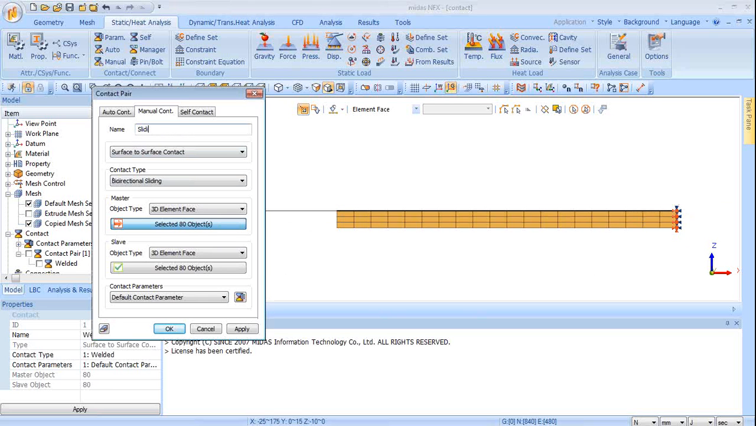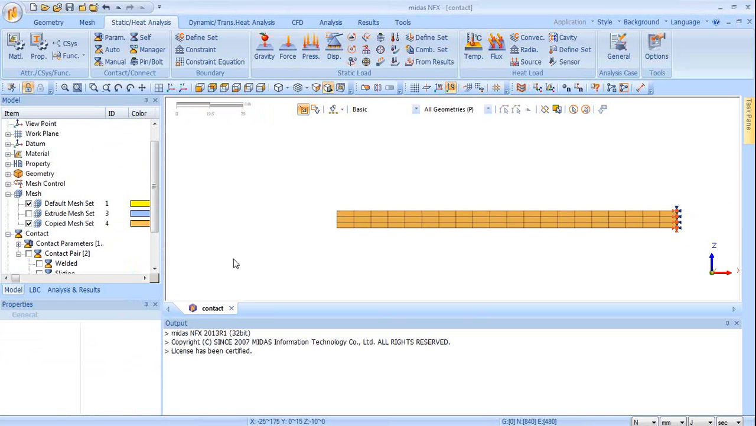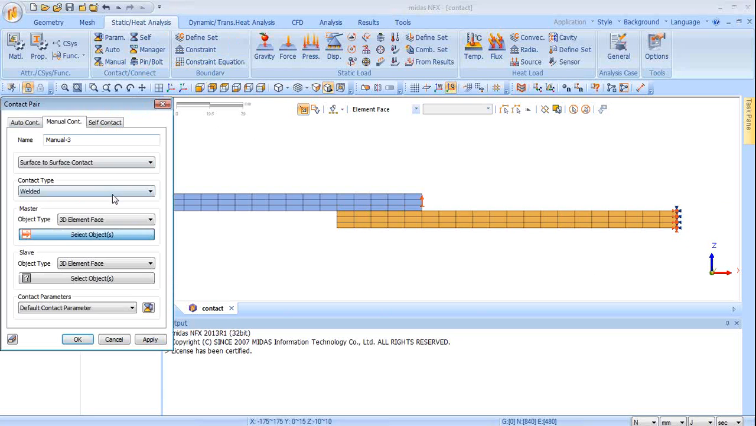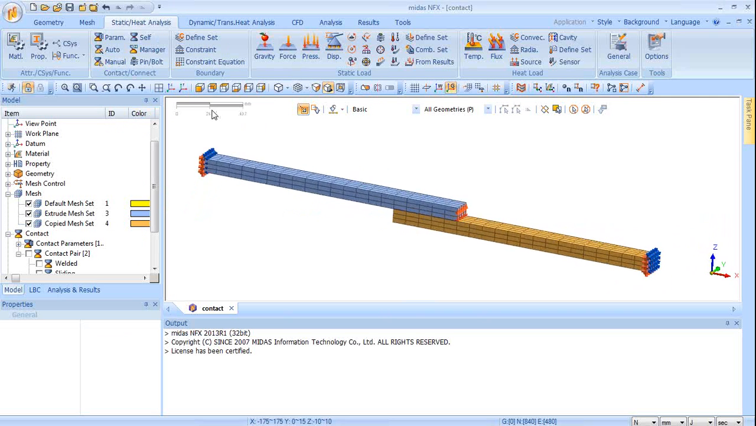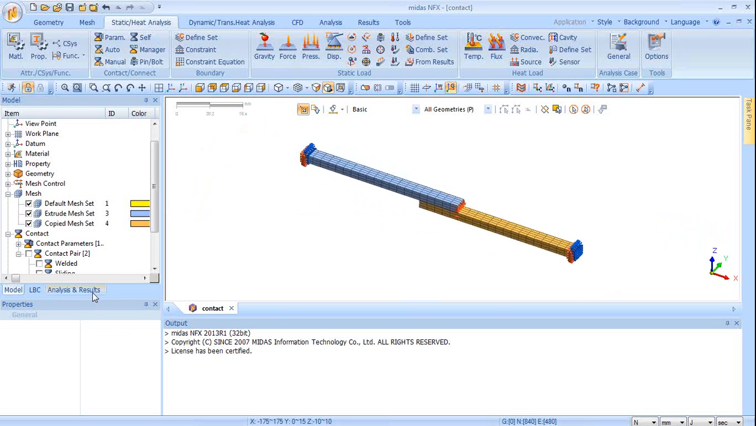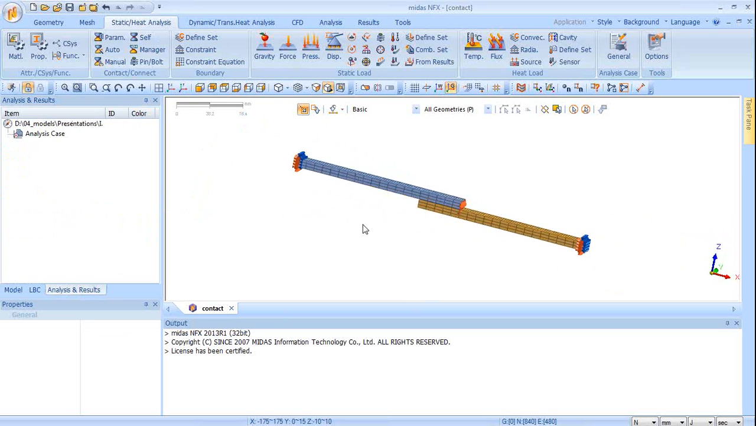Let's name this as sliding and click on OK. Now the third contact type is the rough contact, or let us just concentrate on these two contact types, since rough and the other type of contact are nonlinear contacts, so we'll have to refer to the nonlinear analysis theory. And